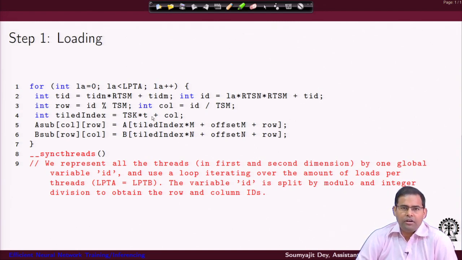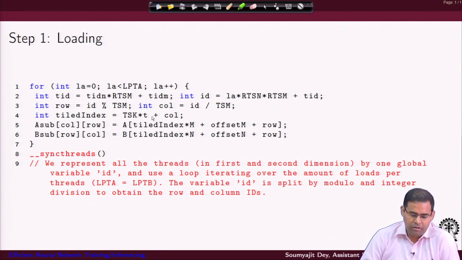So, let us just iterate one loop from 0 to that maximum number of loads that the one thread is supposed to do, and figure out a global position for each thread. You figure out a global position in the array from where you are supposed to do the load. So, essentially we are trying to figure out by computing an ID, and then that position I can just figure out because I know the m and what is the offset inside it, and then I can go to the corresponding row.